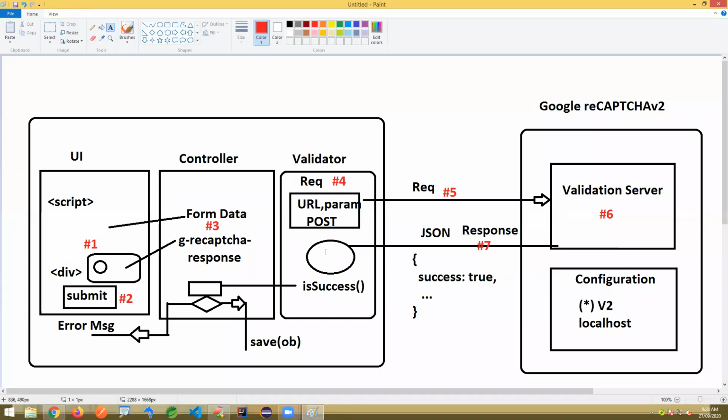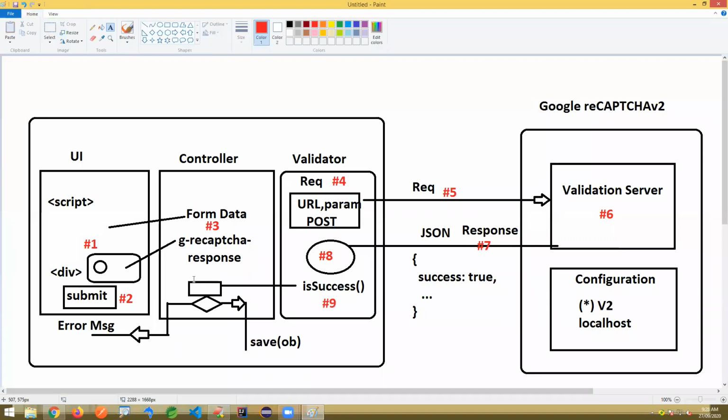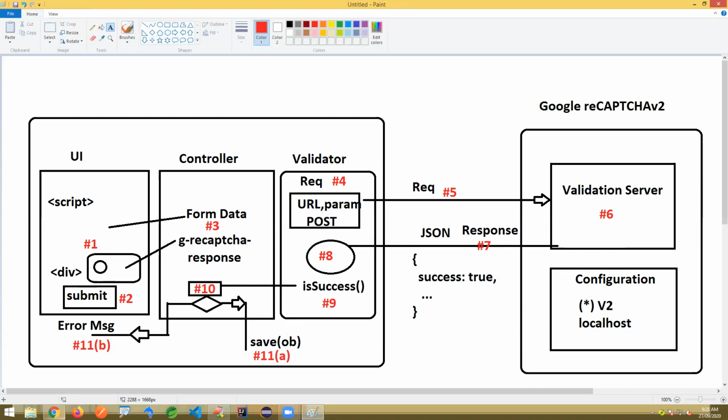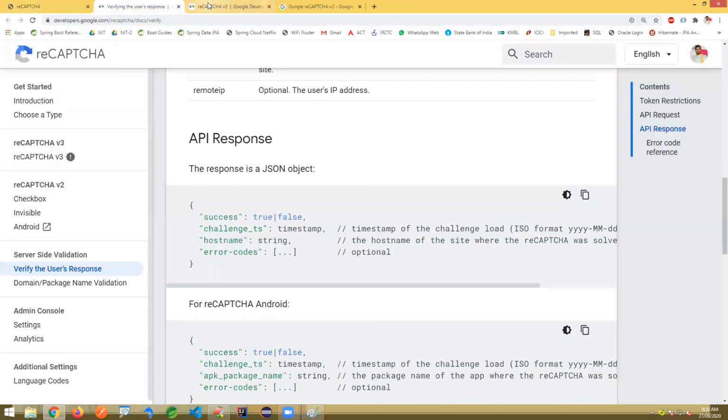Eight, it is converted to an object here. Nine, we are just checking whether it is success or not and sending that property to the controller. Ten, it's actually 11A we can call on success, and 11B we can call on failure. This is the flow. This configuration is already done, and the same thing we have taken here.